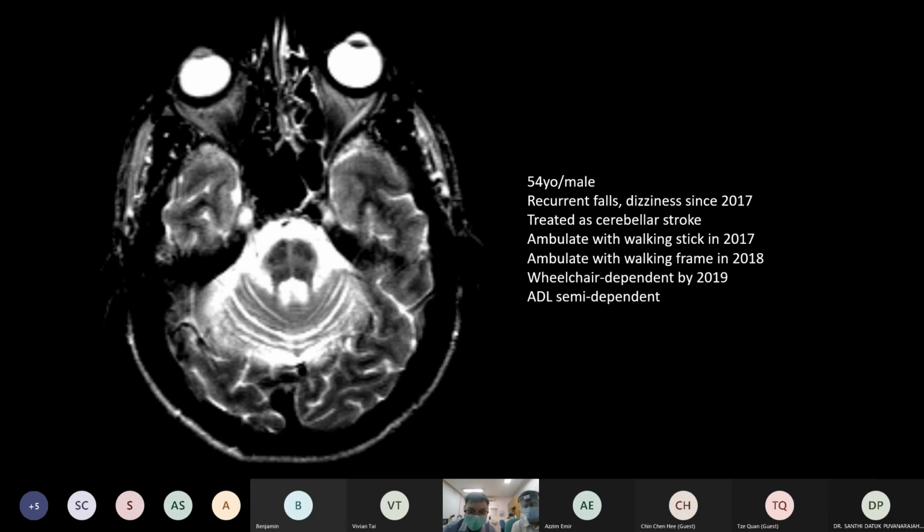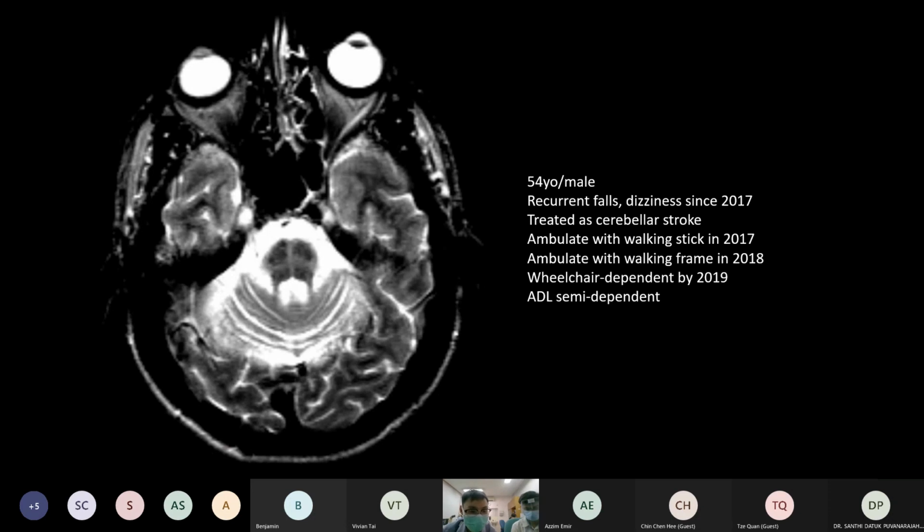And the ADL is actually semi-dependent. And this patient, I think Dr. Tyler actually saw this case, if you remember. So this patient, at that time when we saw him in clinic together with Twin, he actually had a very significant cerebellar sign. And we immediately ordered the MRI and reviewed him back 2 weeks after the MRI, which shows